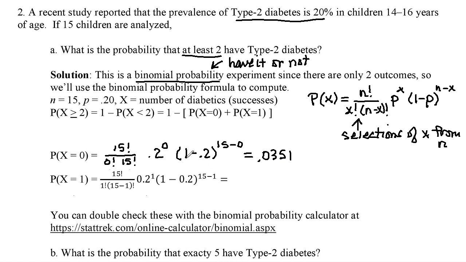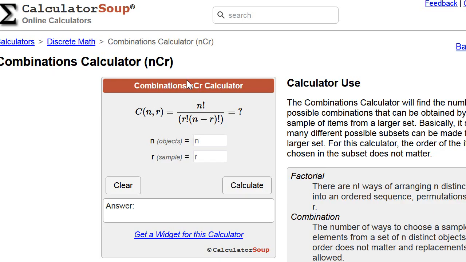Now, here you can simplify this and get 0.8, and then 15 minus 0 is just 15. This part is the one that takes a little bit of work on your calculator. And I would just use an online combinations calculator to figure that. So I did a web search here for combinations calculator, and this was the first site that came up, Calculator Soup. And they sometimes use this notation for the combinations instead of the factorial notation. So our total here was 15, and we were doing 0 successes, so r or x is 0, and you just press calculate,